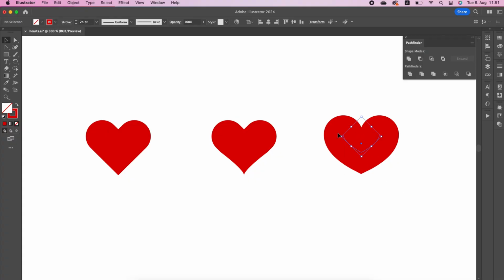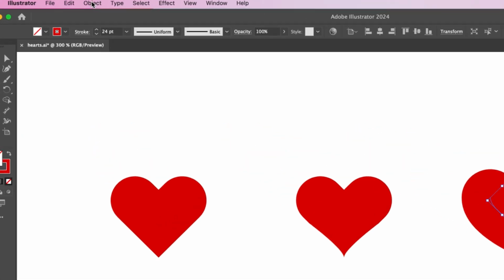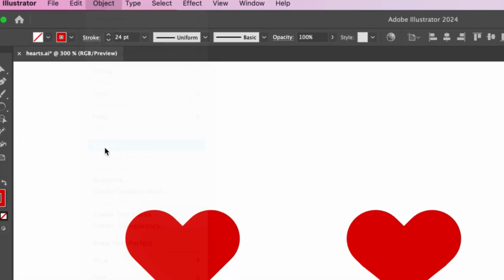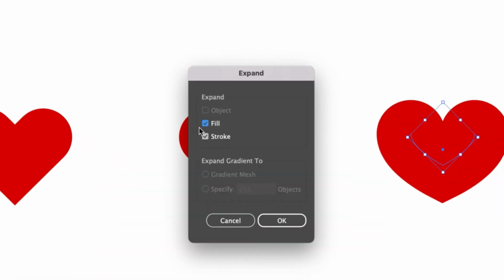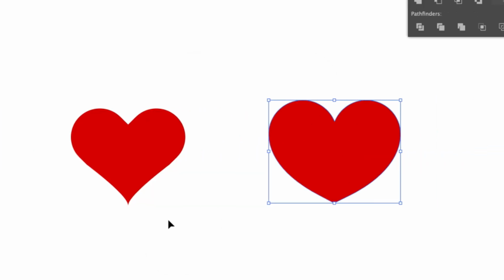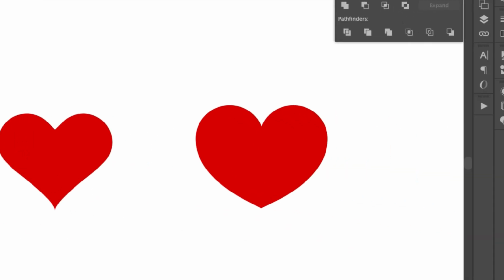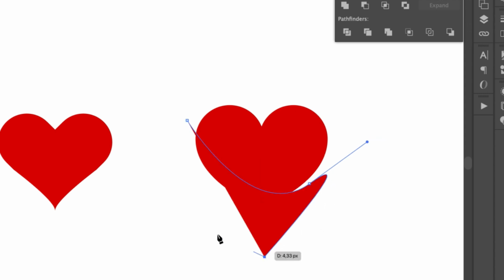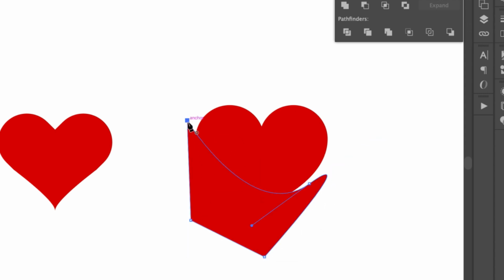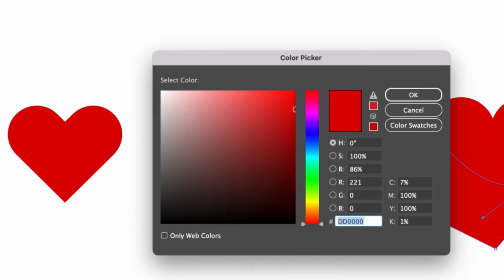Press V on your keyboard to select the heart. Go to Object, Expand. Make sure Fill and Stroke are selected. Click OK. Now we have a fill shape. Grab the pen tool, click here, click there, drag it, make an ugly shape, change the color to be a bit darker,